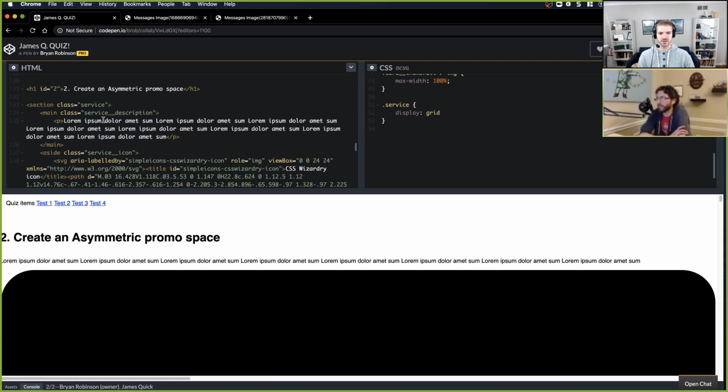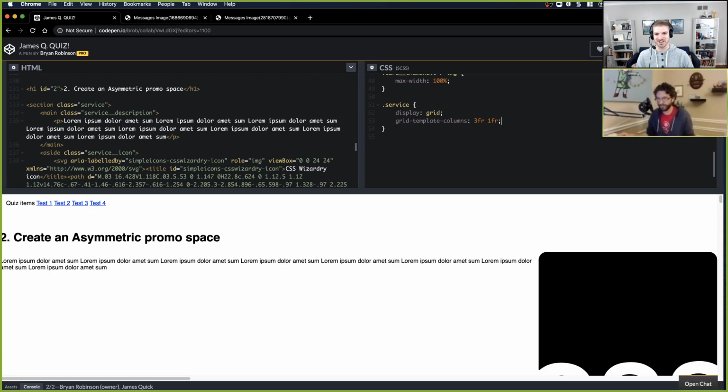So we're starting with this service. We're going to do display grid. We're going to do grid template columns, and we'll do 3fr and 1fr to do 2 different columns. The first one takes up 3/4 of the width. The second one takes up 1/4 of the width. And typo: grid template columns, because you can have more than one. We like plural stuff, I think, right? See, that's one of my worst fears, to confidently fix a bug and it's still wrong. I declare victory way prematurely.